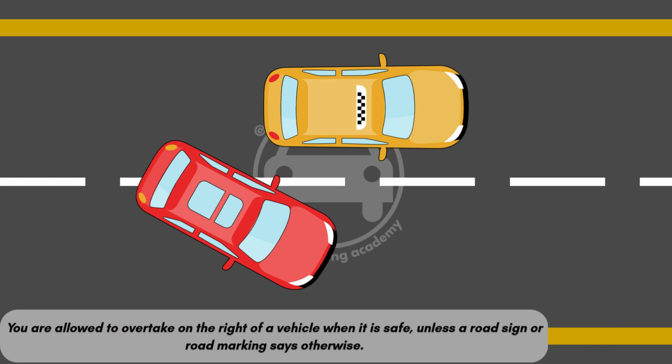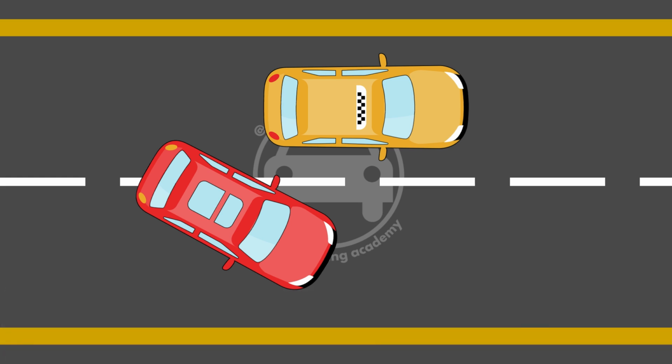Now, in terms of overtaking or passing another vehicle, you are allowed to overtake on the right of a vehicle when it is safe, unless a road sign or road marking says otherwise. This means that you can pass another vehicle on the right side. However, if there are any road signs or road markings that are prohibiting this, then that is illegal because it's not safe. However, if you look at the diagram, you can see that there are no road signs or road markings that are prohibiting overtaking on the right. Therefore, the red vehicle is going to overtake the taxi to the right, and in this case it is legal